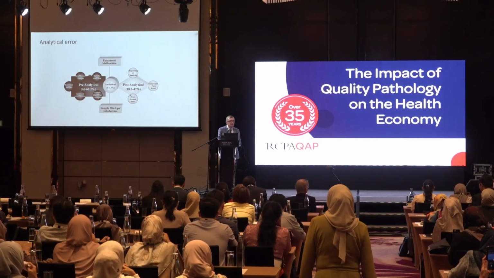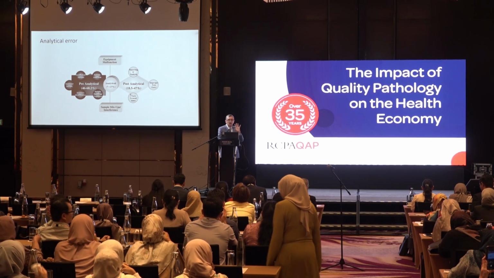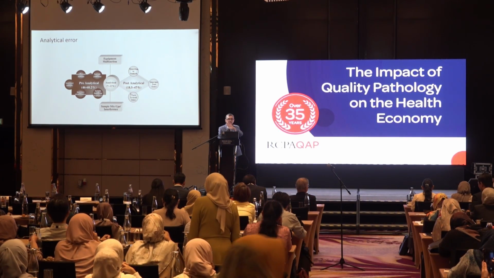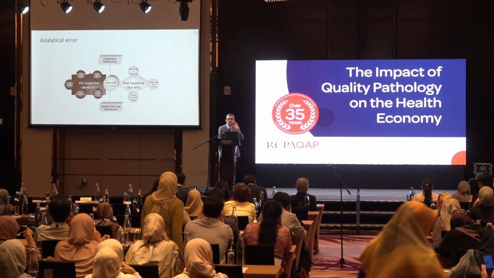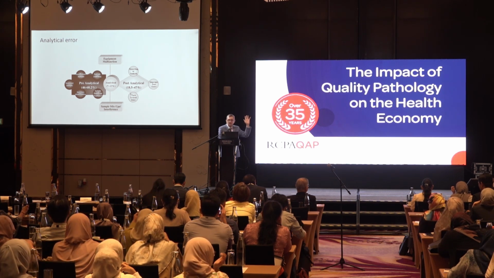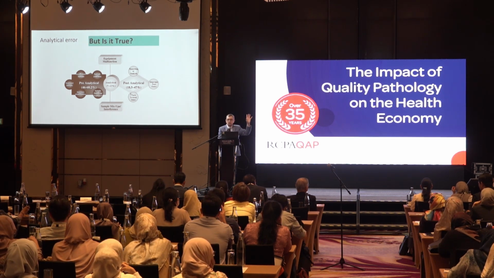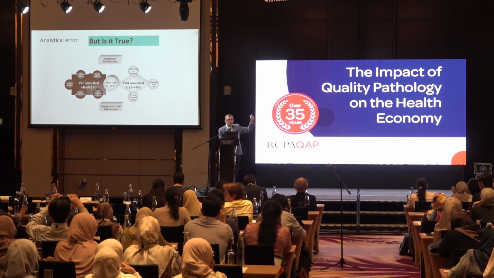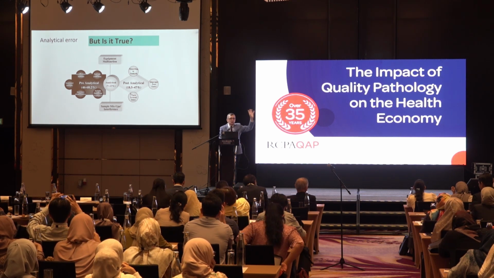So I think we've all seen this diagram lots of times, which basically says that nearly all the problems that we have with our results are related to either pre-analytical or post-analytical error, and that really within the lab, our results are really, really good. Yep, wrong. So I don't think that's true. I think we've deluded ourselves that we're putting out high-quality results.